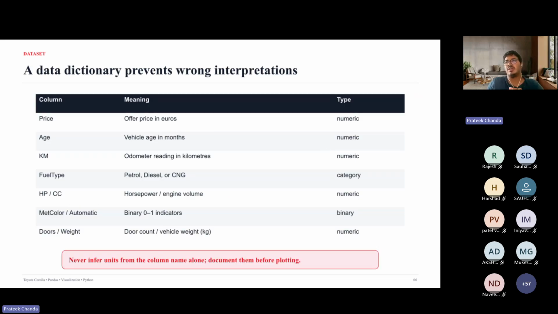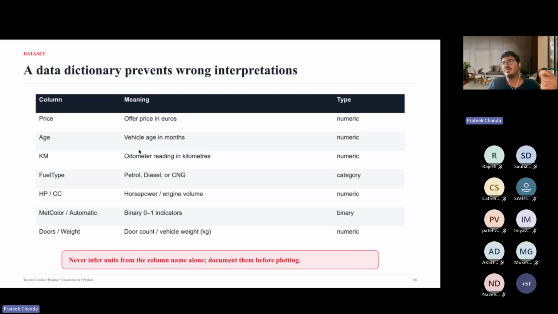If you consider this as a data dictionary, because we had already looked at a dictionary as a data type, it can prevent wrong interpretations, because certain columns have different meanings. Some can be numeric features, where you have a number associated with it.